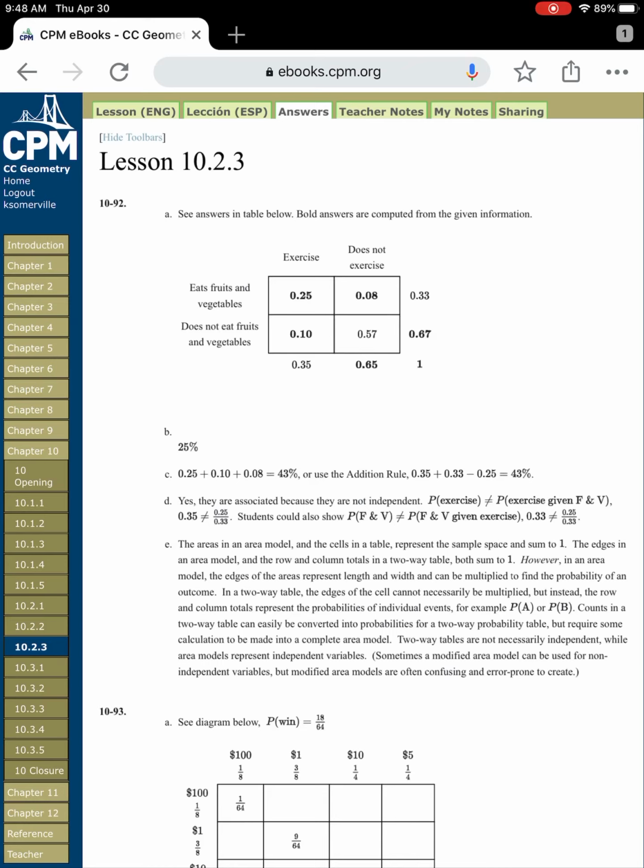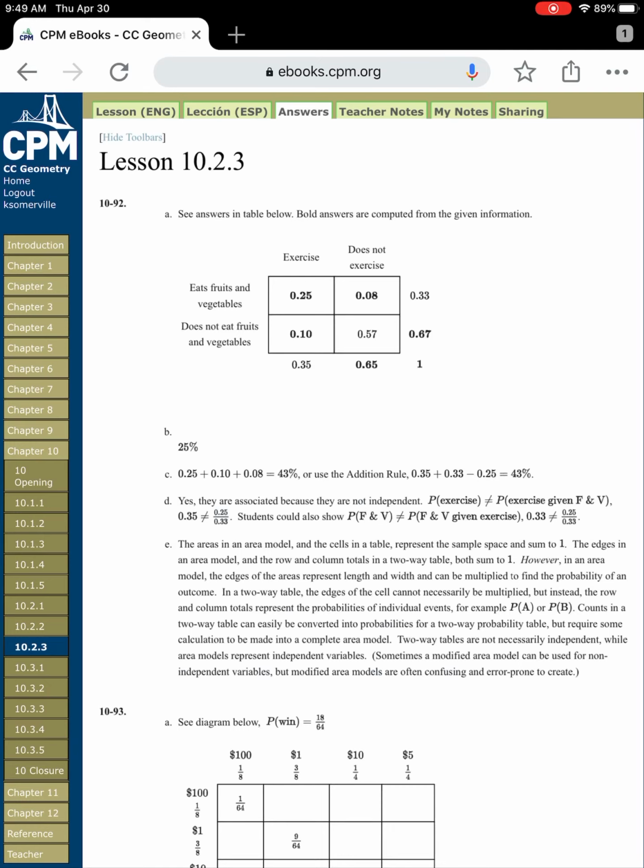For D, we're asked, do you think that a freshman who ate 5 servings of fruit and vegetables per day is more likely to exercise? And what that is saying is, hey, are these events independent or are they associated? So we need to look at, okay, is the probability of one equal to the probability of that event given the other? And if you do that, the answer key actually shows this. They say, okay, the probability of exercise does not equal the probability of exercise given fruits and vegetables, because 0.35